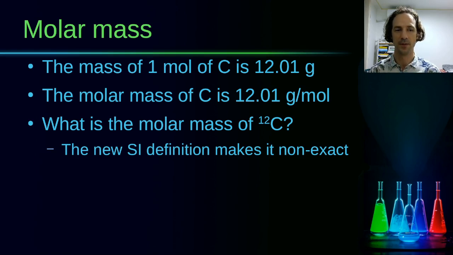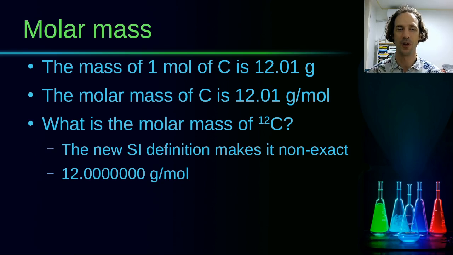That means that the molar mass of carbon-12 is not going to be 12 by definition, because we have the Avogadro's number as a fixed defined number for 9 digits. So we know that at least until the 7th zero, it is 12.000 gram per mole. After that, it will not be